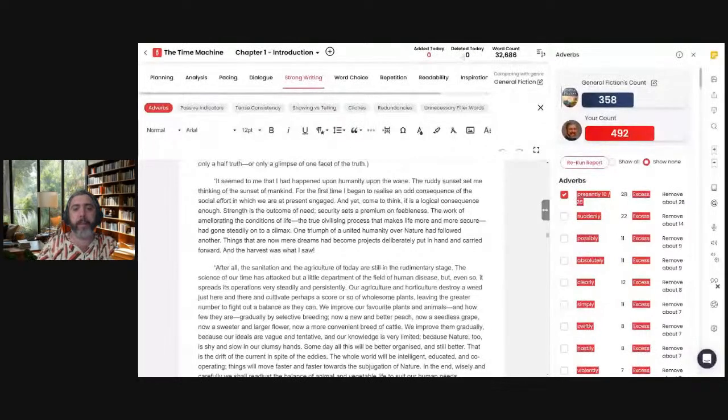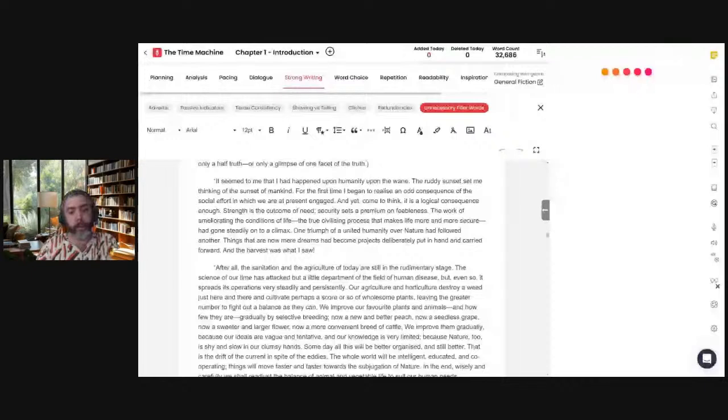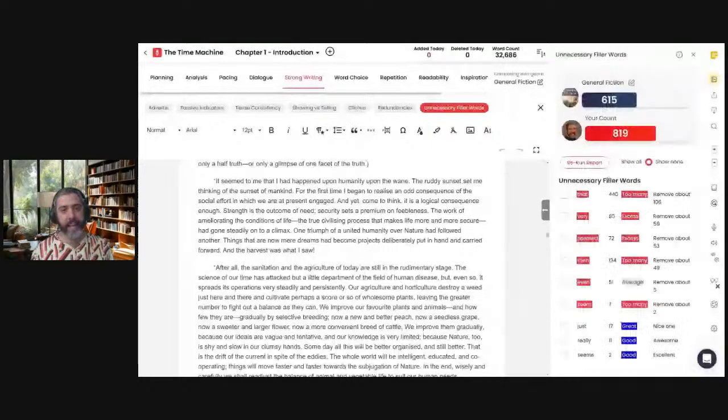Filler words would be the same kind of thing. The filler words report is wonderful because it'll show you what your verbal tick tends to be. Now, we often have them when we talk, like the ums and whatevers. But when we're writing, they tend to be different. Varies, that's, justs. Look at all those that's. Lots of that's. Now, it's not going to tell you to remove every that, because we do use fillers sometimes. But this actually tells us removing about 106 would make it in compliance, in terms of being similar to the data set. It would put it right on average.